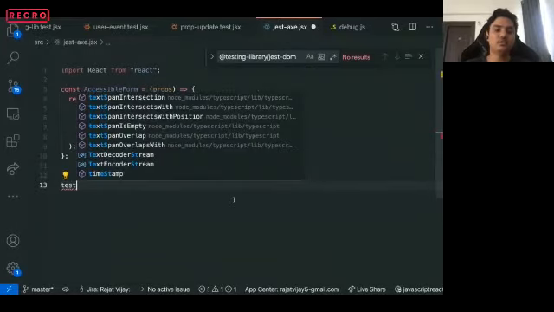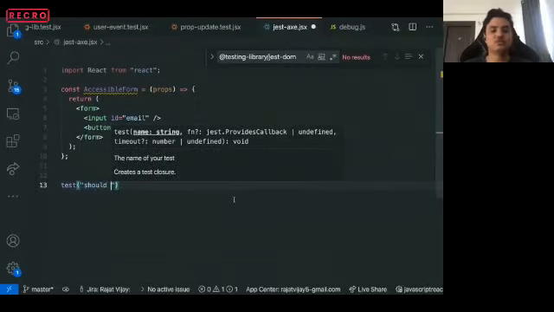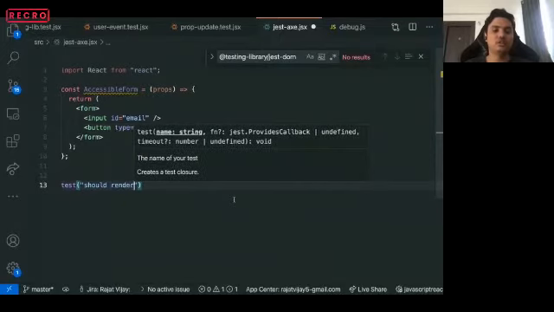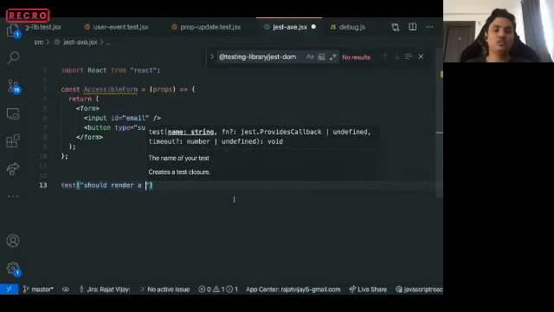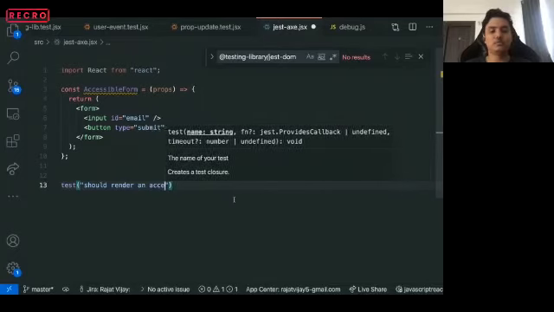Now I write a test case for it. Should render a form with an accessible form.